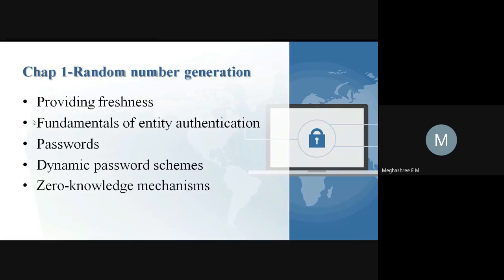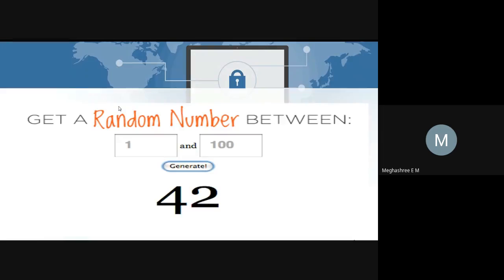Before starting providing freshness, we'll see the basics of random numbers. So you all know what a random number is, right? Yes, the randomly generated sequence, where a particular pattern is not followed to generate the numbers. Those numbers are random numbers. If you consider this example,